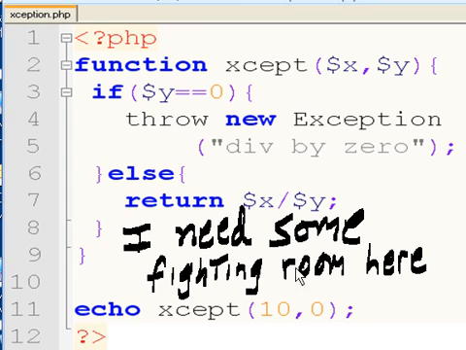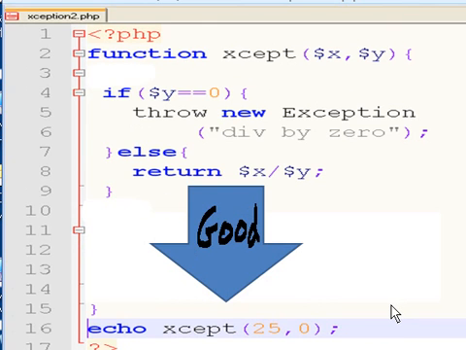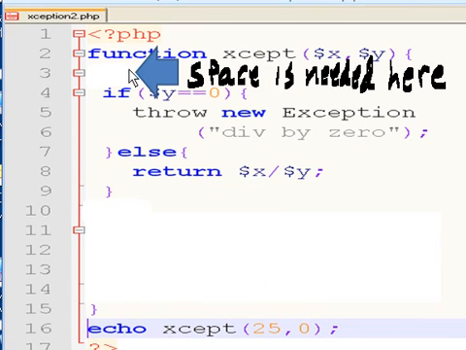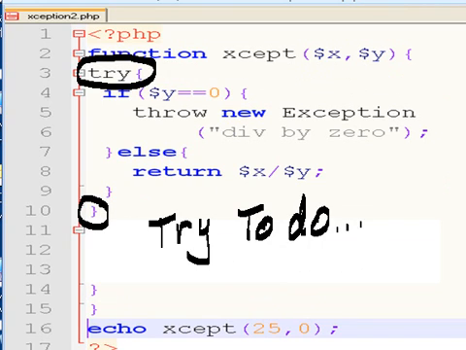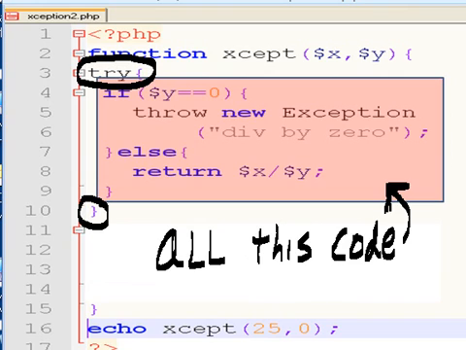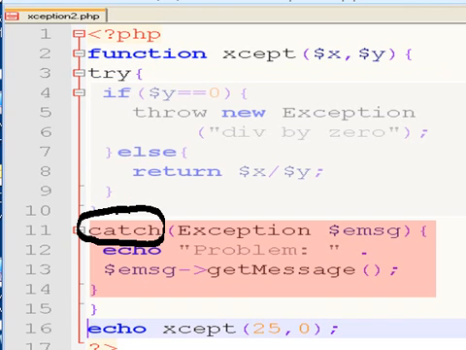Here we go. I need some fighting room here. Let's move everything down, like so. And space is needed here too. Perfect. Let's start here. I'm going to try to do all this code. But, system, if you get an error from within here, then